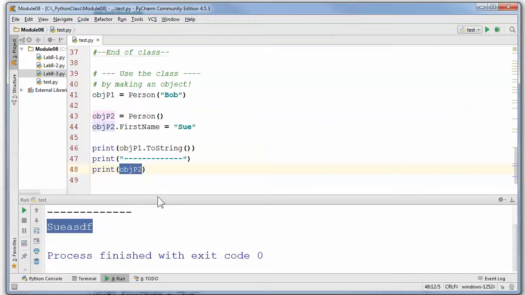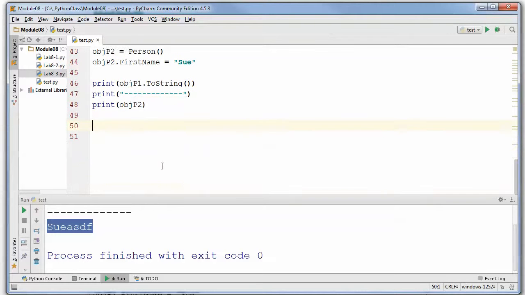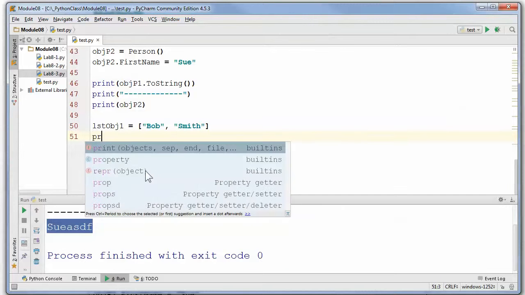Now, we've been seeing this kind of behavior. Think of it this way. List item, I don't know, object 1. We know how to make a list. A couple square brackets, and you put some values in. I think my typing is really bad today. Worse than usual, that is. Okay, and now if you print the list,